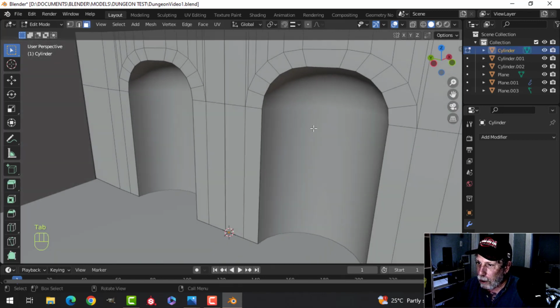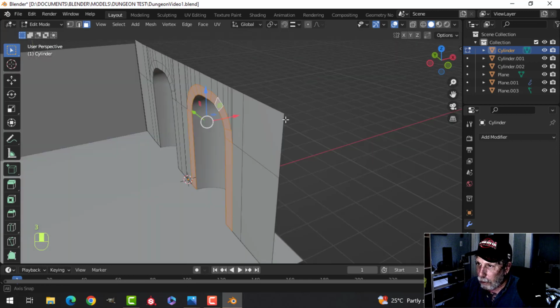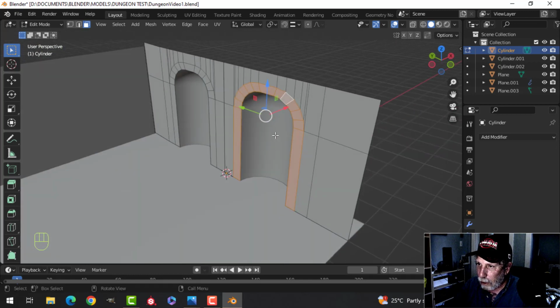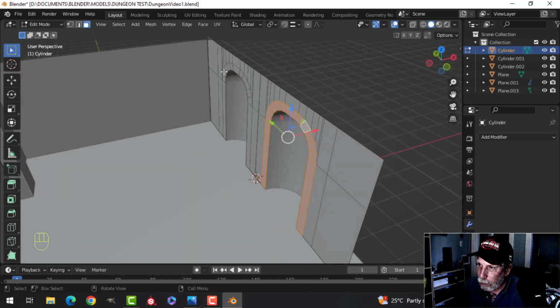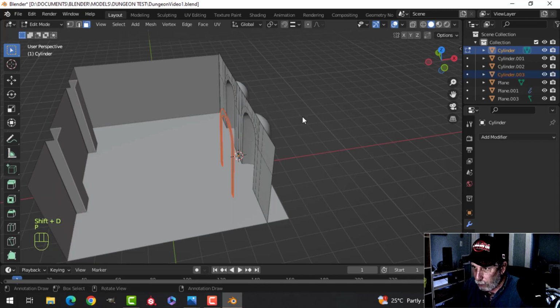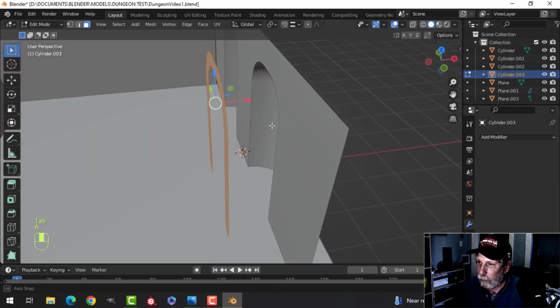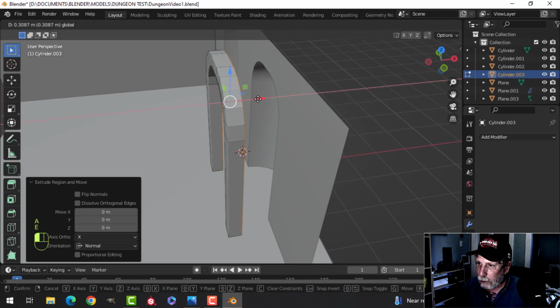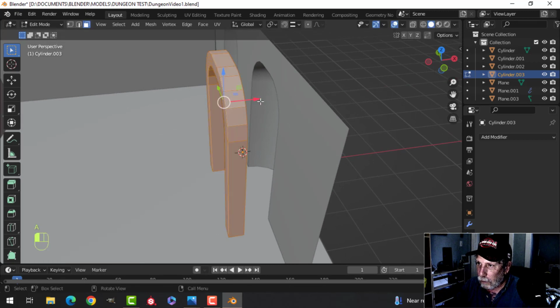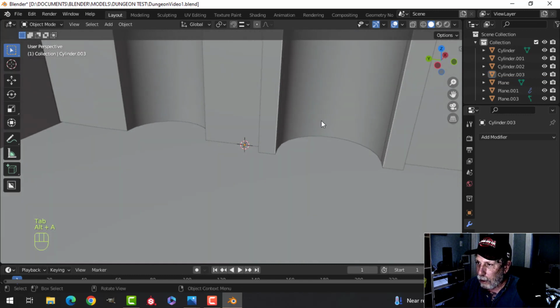Okay, well, let's see if I can live with these. I think they might be okay. I'm going to take this, and I don't want to just extrude it. I just want to put bricks on that. So I'm going to duplicate it, bring it out, P to break it out. Sorry for the noise out there. And I'm just going to extrude it back. You know, we'll push that into place. And,